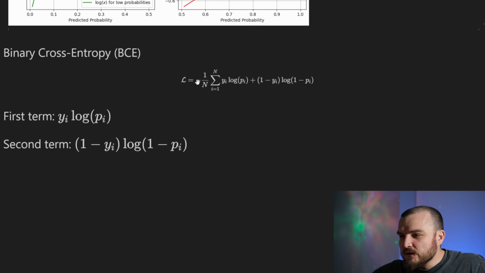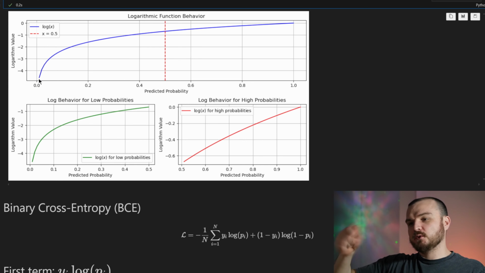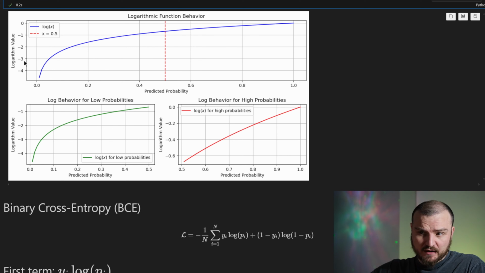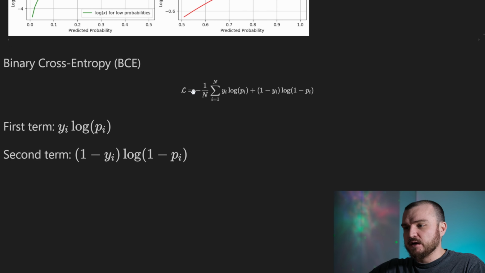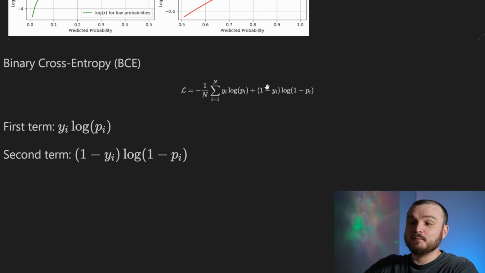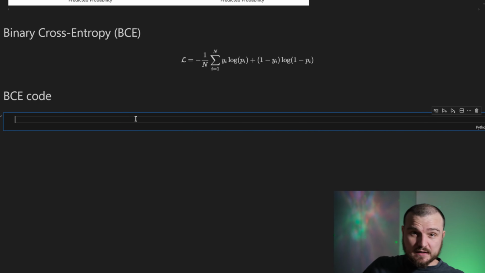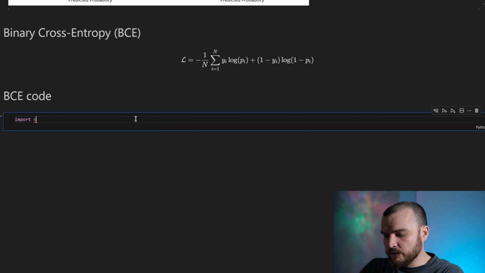And the last detail, right over here, we have this minus sign. It is there because our log function is always in the negative range when we put x in the range between 0 and 1; we always get a negative value from the log function. And we just invert it for the binary cross entropy, turning this negative into a positive by multiplying by -1. Now let's implement the binary cross entropy, and we need to import numpy